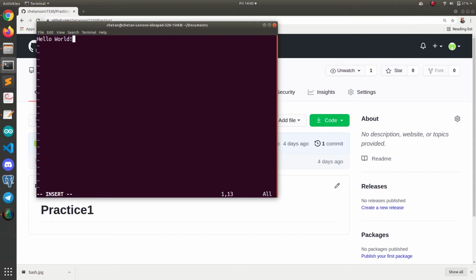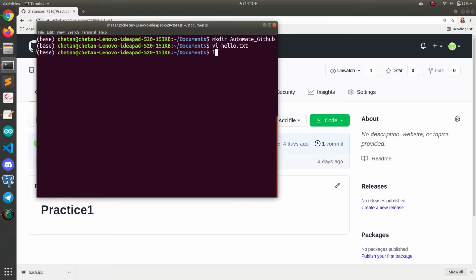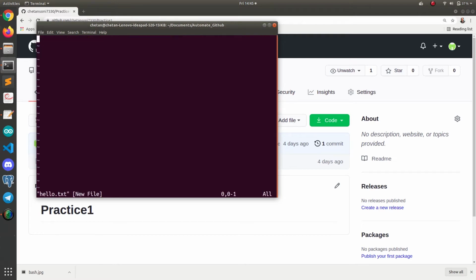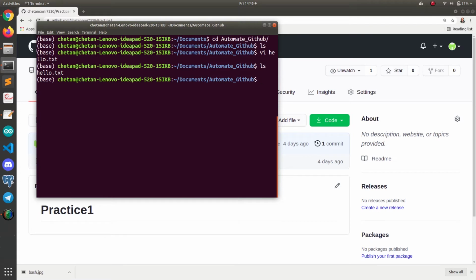Just save the file. We have not created it yet, so let me create hello.txt once again with hello world. Now we have files in this folder.